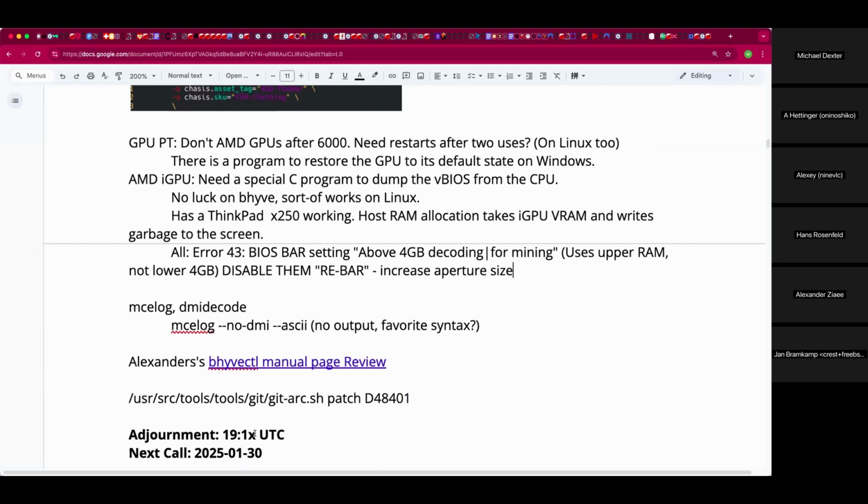So to enable rebar, you have to enable above 4G decoding, and that in turn allows you to basically define a memory range for the host CPU where the GPU memory is just linearly addressable so that you don't have to reconfigure the aperture, which is something left over from the AGP days.